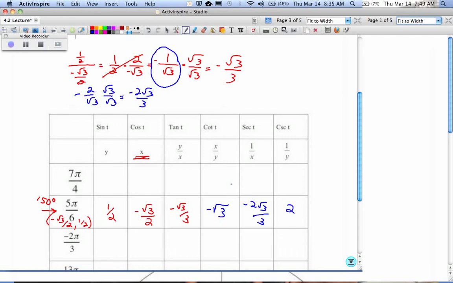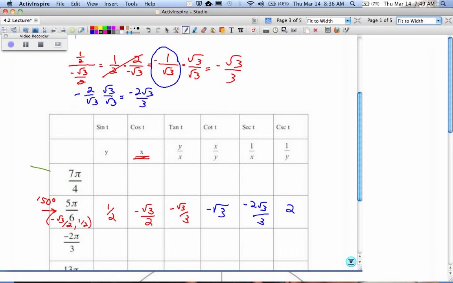Once you have those two answers written down, the rest of the trig functions you just find mathematically. Reciprocals or the quotients, we call them quotient identities. Sine over cosine for your tangent, cosine over sine for your cotangent. Let's do